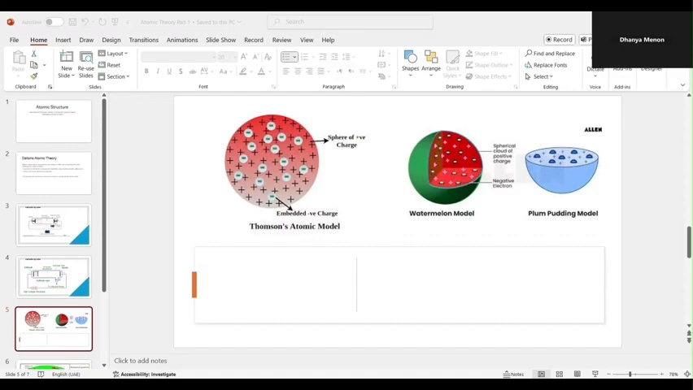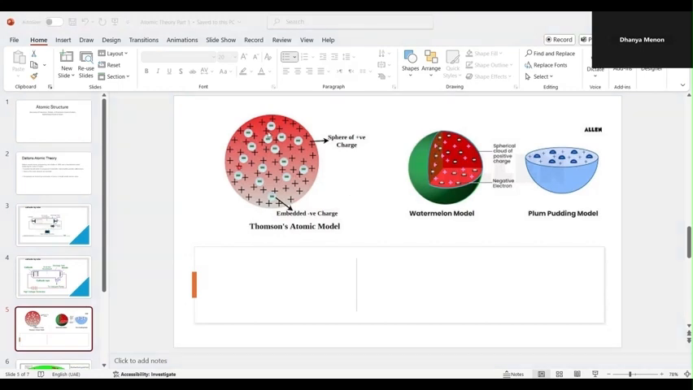Okay, students. J.J. Thomson proposed the first subatomic model. Now, according to this model,